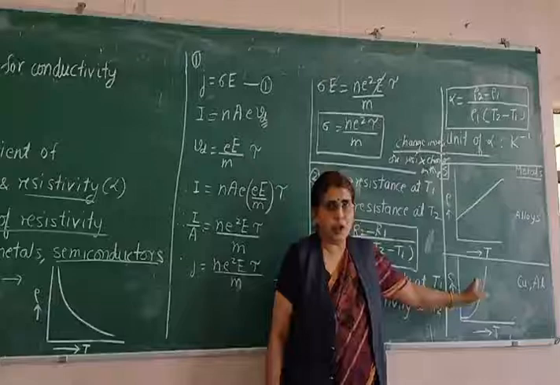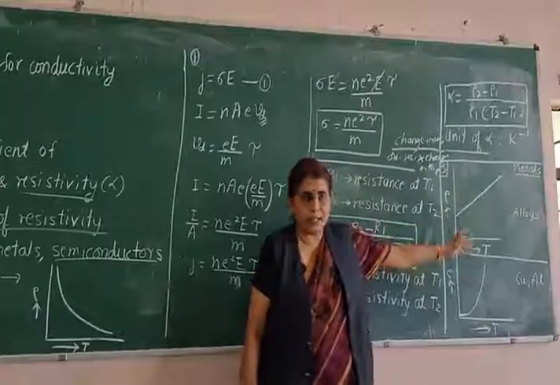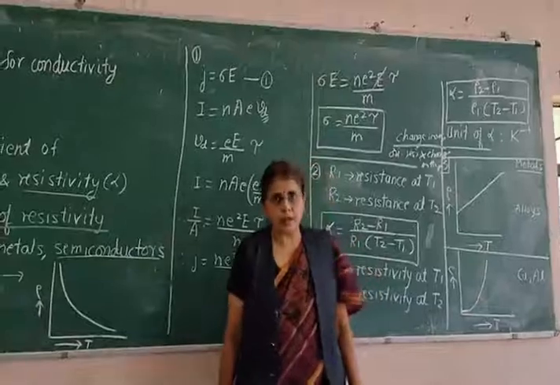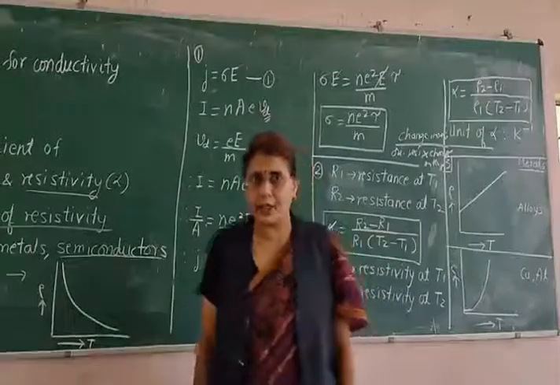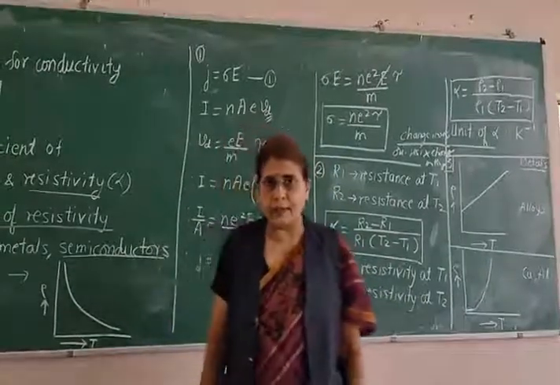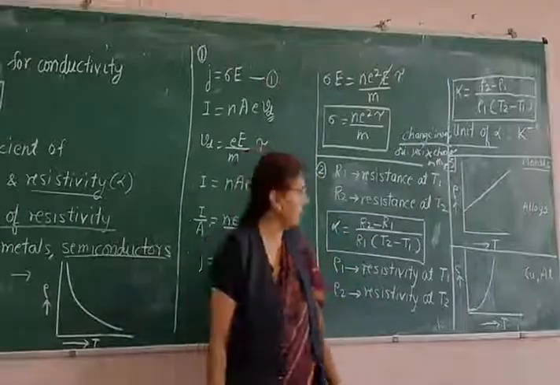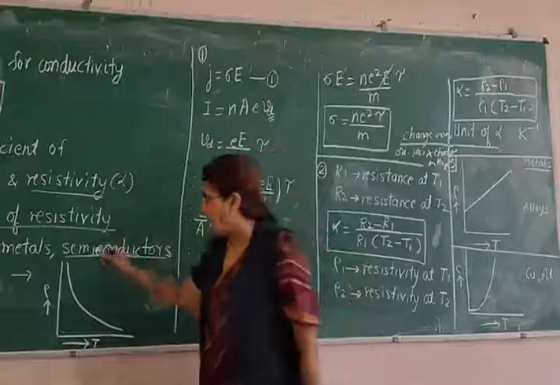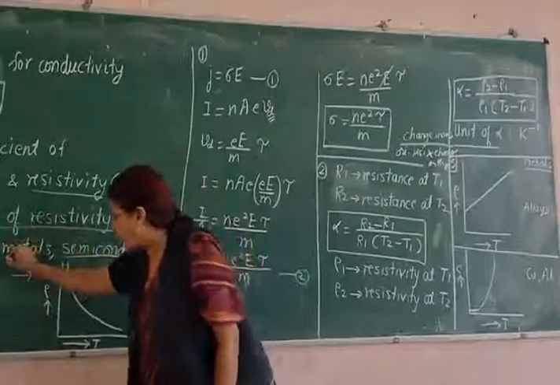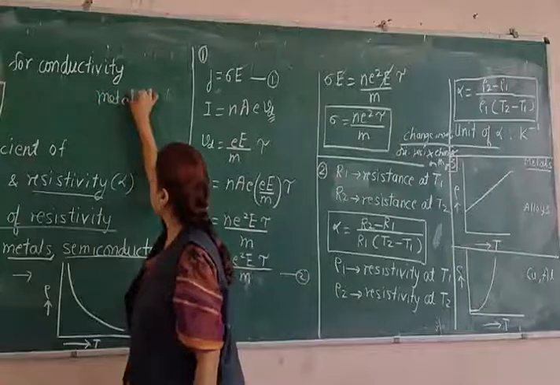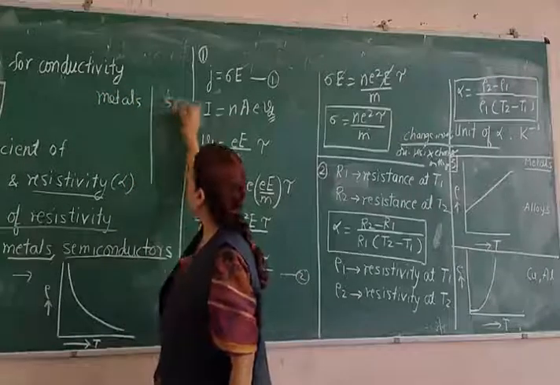If you observe the question paper, these graphs, though very simple and not that important, were asked for 2 marks: draw the graphs to show the variation of resistivity for metals with temperature. So these graphs are important from your exam point of view, and very simple to draw. First, we shall find out how resistivity depends on temperature for metals. So I made 2 columns here. One is metals, another is semiconductors.